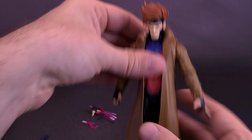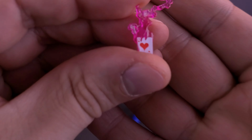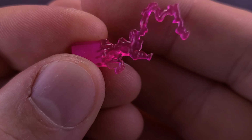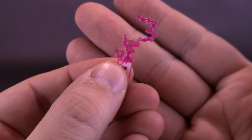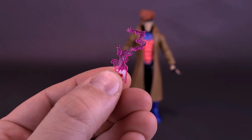Let's just right now remove this staff. We'll put the figure back down here for a second. The figure as well comes included with an Ace of Hearts. Get a load of that. It looks like it's obviously been clearly molded in more translucent pinkish purple, but then they've done, as they've done in times before, painted the actual card over top of it. It gives you a really neat effect,